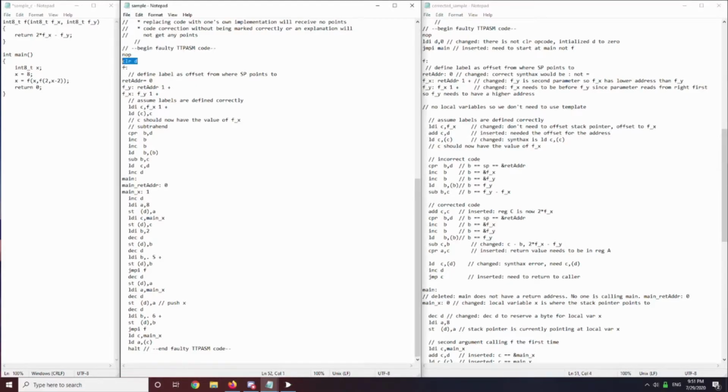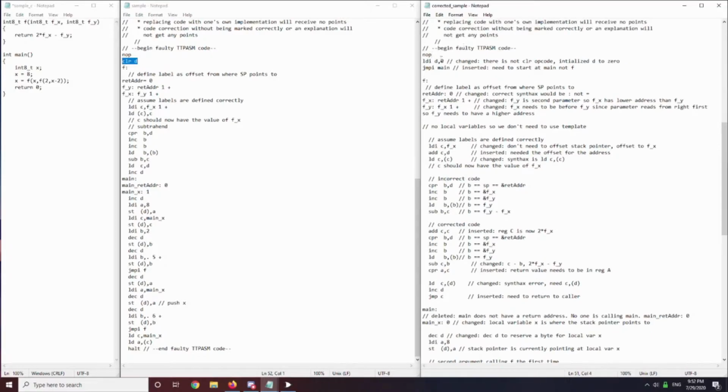The second line is clear D. We had to change it just because there's no such thing as clear as an opcode in the assembly language that we're using. So there's no clear code, but we want to initialize D to 0 because D is our conventional stack pointer, right? We want to point it to 0, and then we want to add jump main just because our label F is up here, because